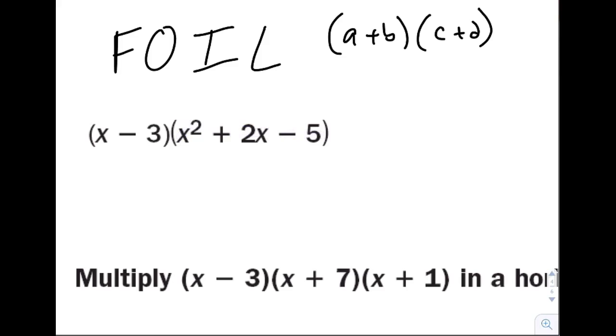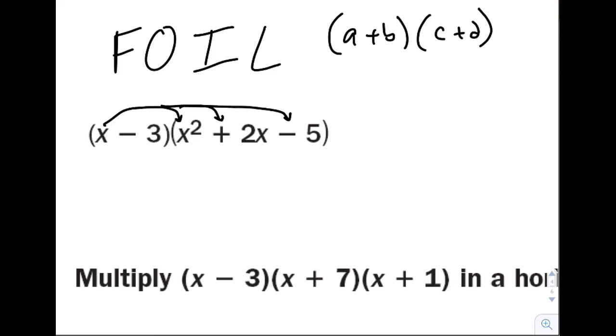It just doesn't work. There isn't an outside, inside. There's too many terms, and so there's two ways you can approach this. You can think of it as just a massive distributive property, and that's, I think, the easiest way. So just think of it as, I need to distribute this x to everything